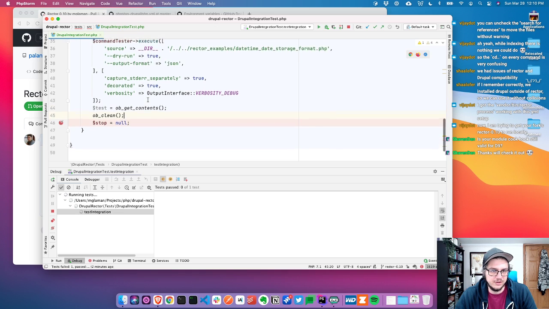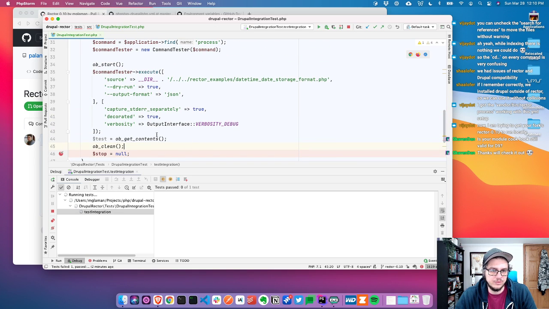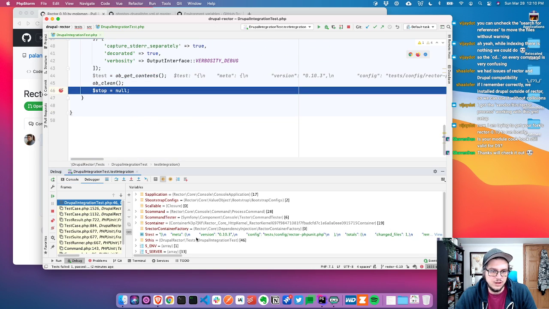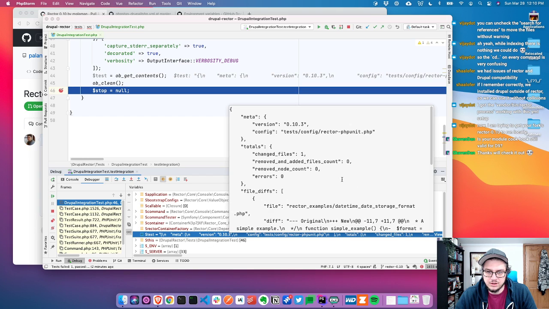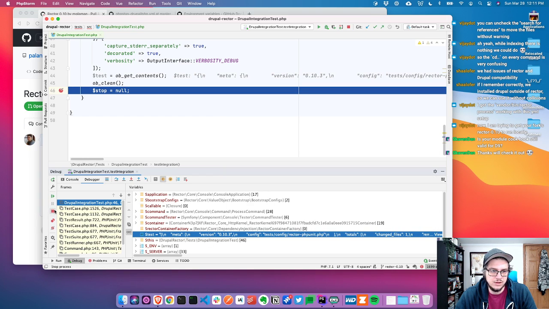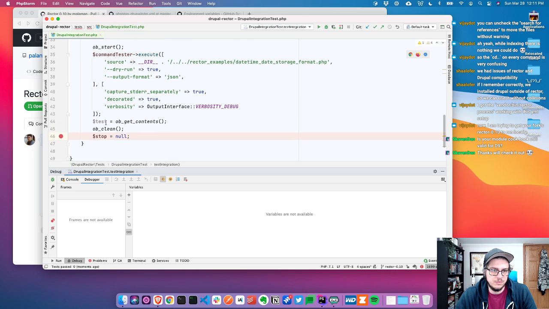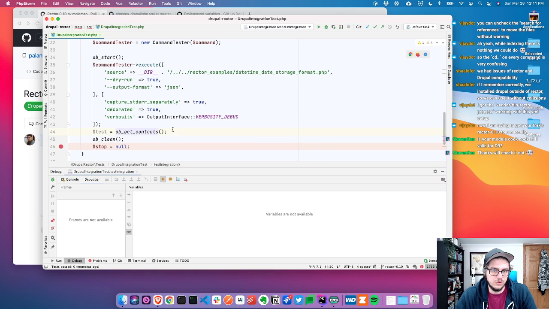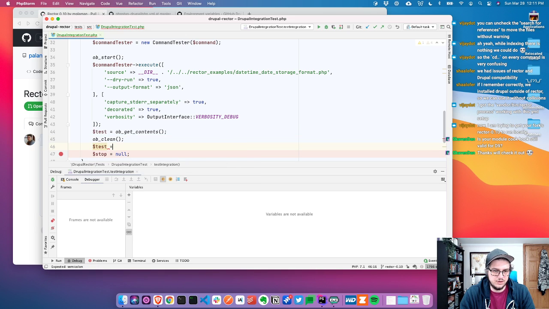Just want to see if that gets us the output captured by this being leaked, which it did. Awesome. So we'll say decode